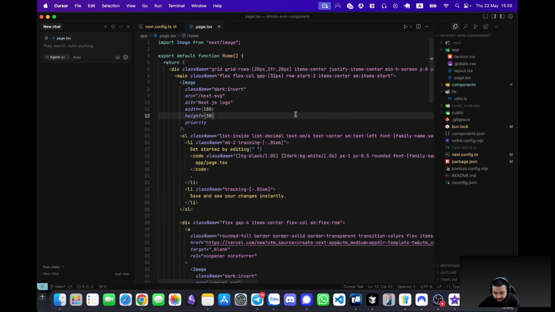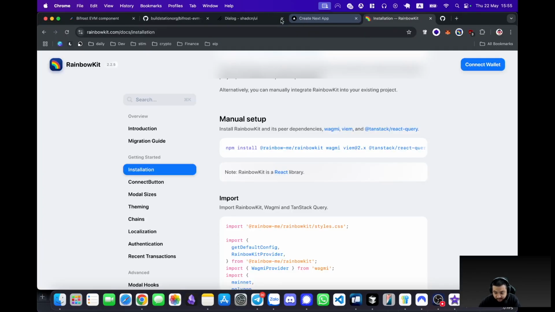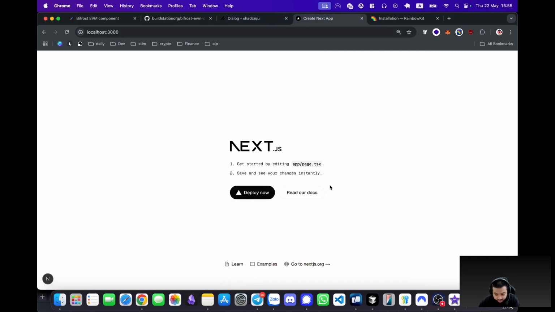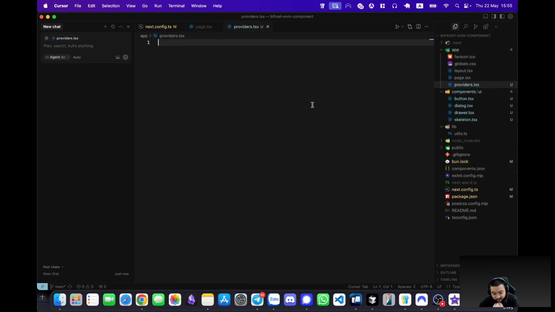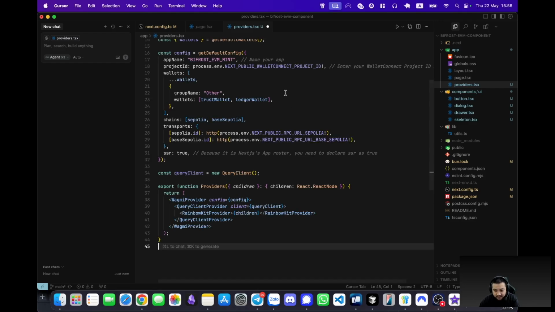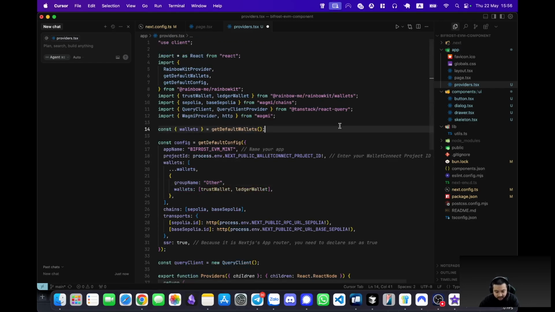Alright, so now let's get a few things set up. So now you start this page. First thing you should be setting up is the components that we installed. You want to create a file called providers.tsx, and this file is going to be inside your app folder. Essentially it's a component that wraps around your layout, so it allows you to access the objects you need the most. It's going to be Wagmi and all the handling of wallets and networks